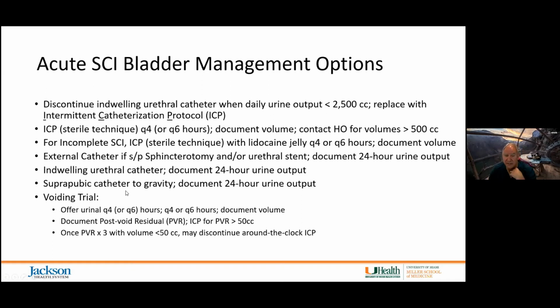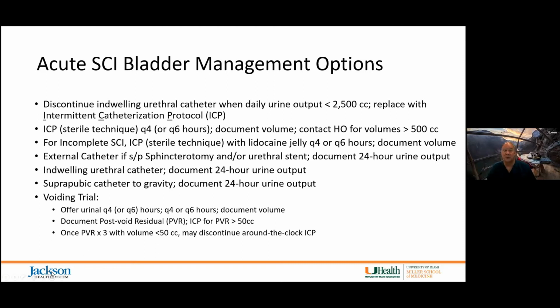Avoiding trial is provided, offering a urinal every 4 or 6 hours, documenting the volumes. And I want to document the post-void residuals as well. So ideally, I would like to see the post-void residual less than 50. I can deal with it if it's consistently under 100, but I worry about those folks getting a urinary tract